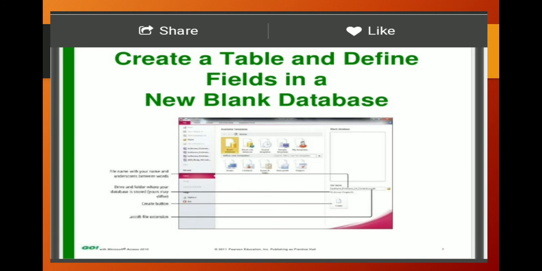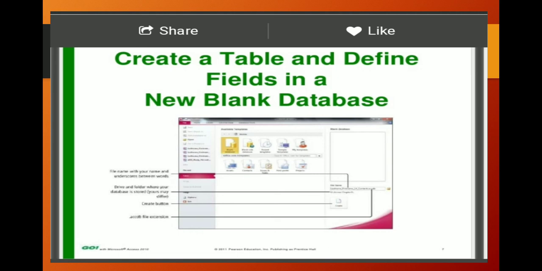Create a table using a template. One of the easiest ways to create a table is to use a template. A template is a ready-to-use database that contains various types of tables, queries and forms needed to perform a specific task. Start MS Access. The Getting Started with Microsoft Office Access window appears. Click on the Office button and select the Open option.